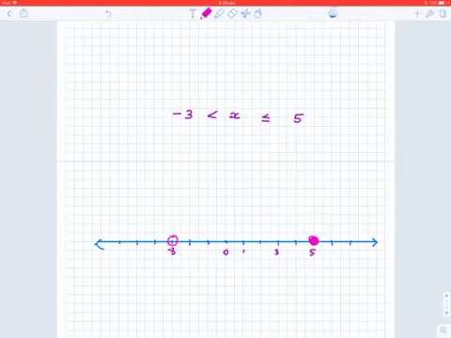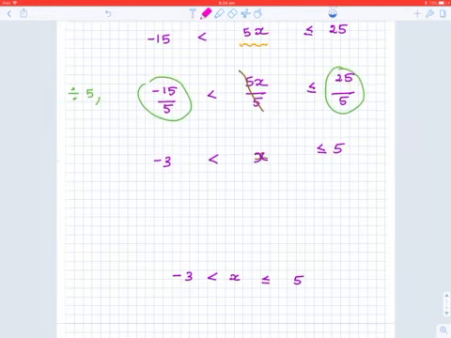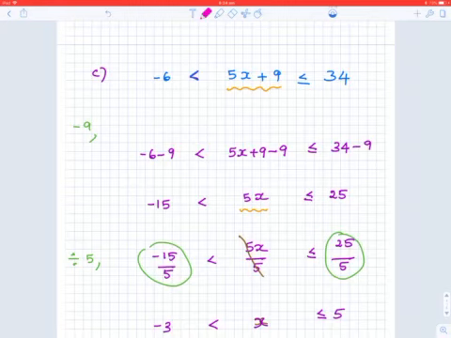Minus 3 is an open circle and plus 5 is a closed circle, and anything in between. So I can just draw the line. This is my solution for the question. You just mark the end values, depending on whether the equality sign is there or not, and then you just finish the rest. Okay, this is the graph of the solution of this inequality, minus 6